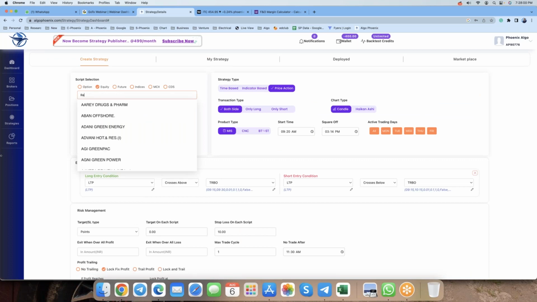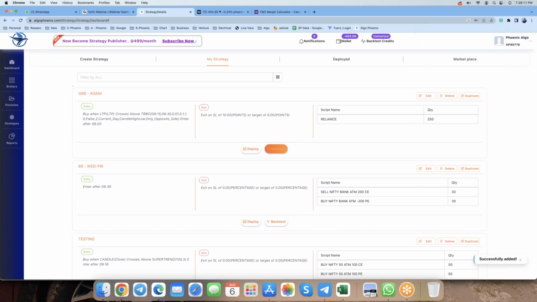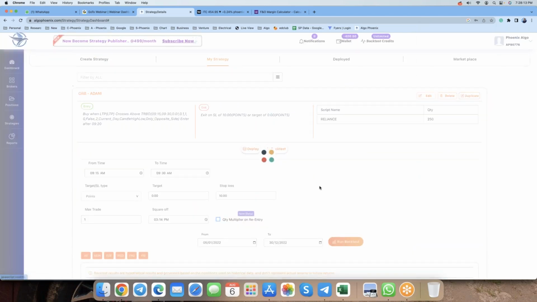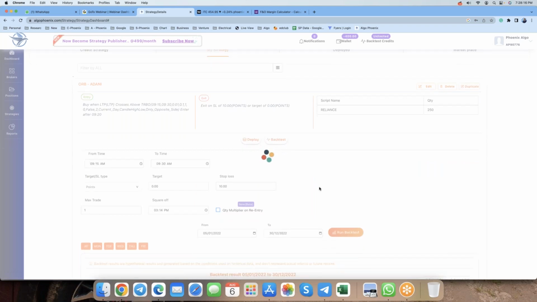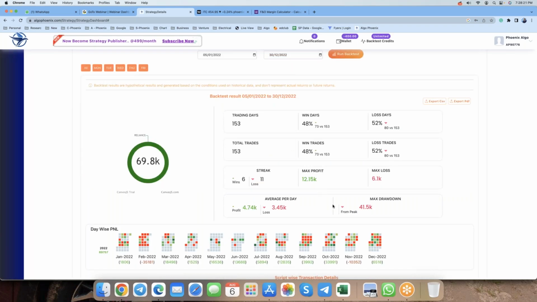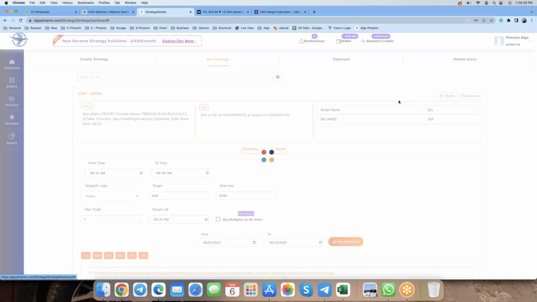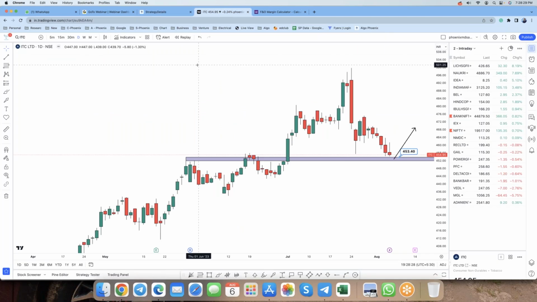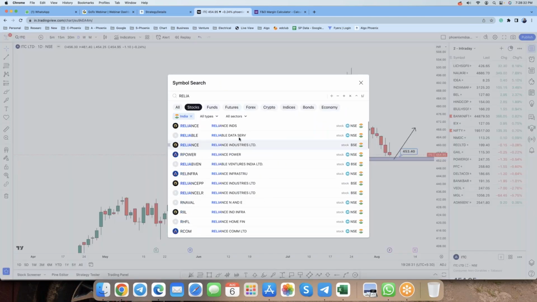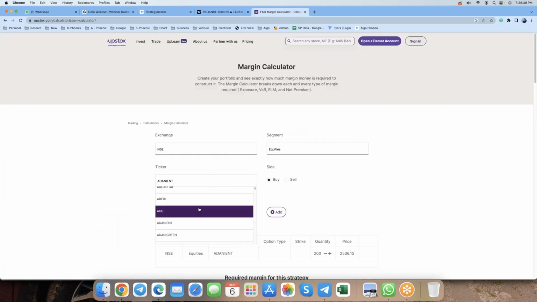So I can even try with Reliance Industries. Okay, same 250 stocks. Again, I did the combination, I modified the strategy only for Adani Enterprises, but now I have to change it again. See here, it looks like this is getting more favorable. Now, how many stocks did I keep? 250 stocks. Adani's stock price, how much? Reliance now. Reliance Industries is 2,500, the same strike price. So if I go for Reliance also,